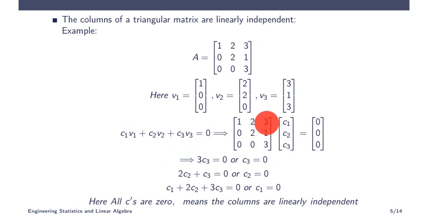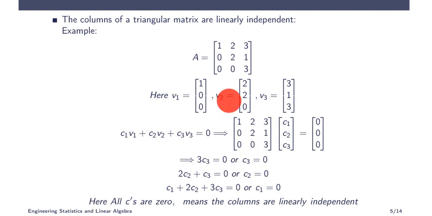So we have to solve for C1, C2, C3 using Ax equal to 0. The third equation is 0 C1 plus 0 C2 plus 3 C3 equal to 0. So 3 C3 equal to 0 means C3 equal to 0. Now back substituting, 0 C1 plus 2 C2 plus 1 C3, that is 2 C2 plus C3 equal to 0. Since C3 is equal to 0, we have 2 C2 equal to 0, or C2 equal to 0. And if you substitute in the first one, C1 plus 2 C2 plus 3 C3 equal to 0, where C3 and C2 both are 0, you have C1 equal to 0. So this combination becomes 0 if and only if all the C's are zeros.